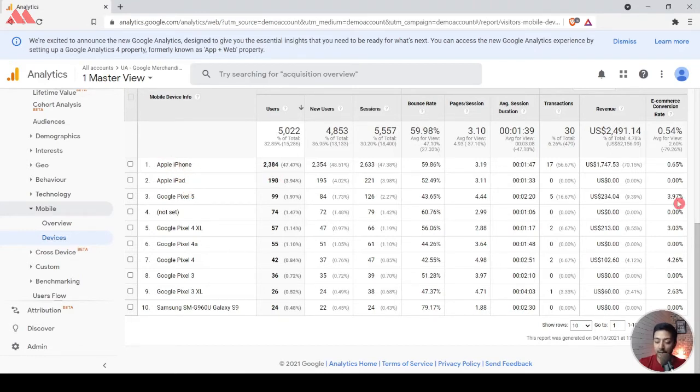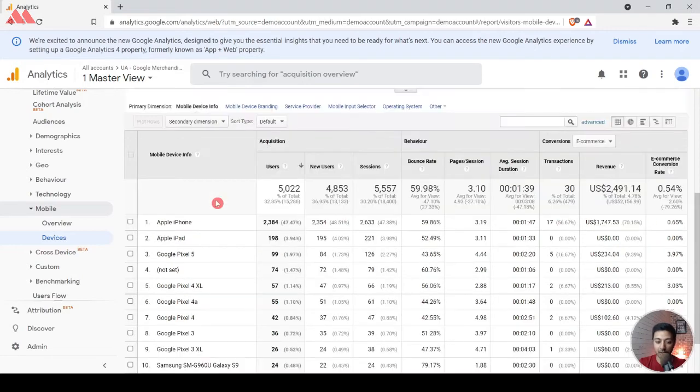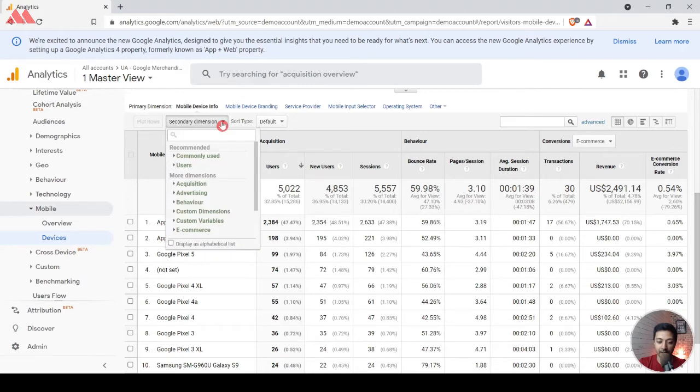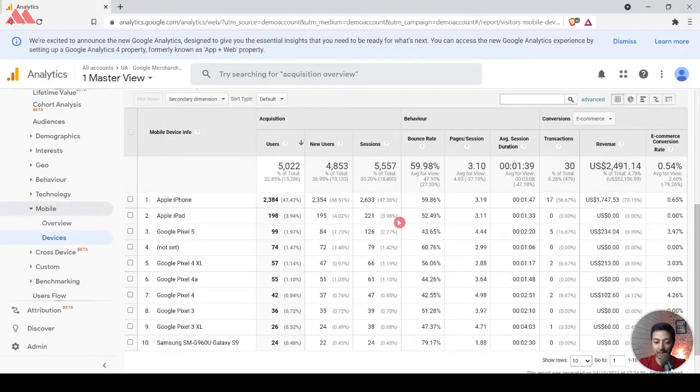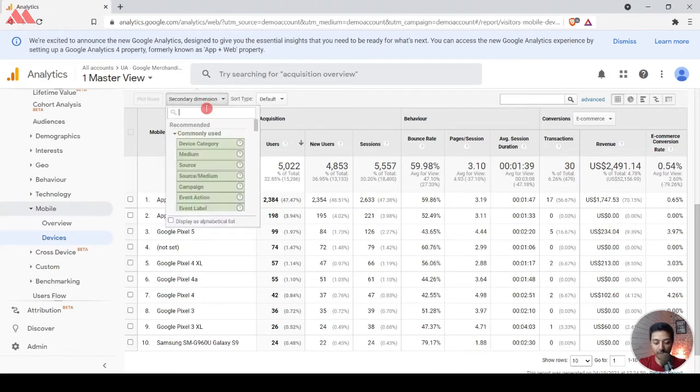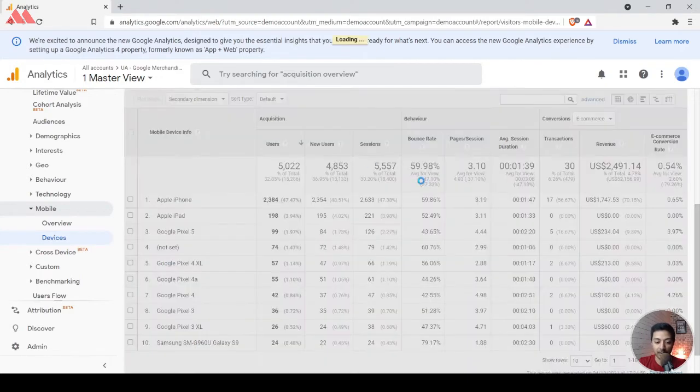So as a good analyst, you need to make sure to check why there is a huge difference between the conversion percentage of the two devices. In order to understand this better, we can go ahead and add a new metric here. Now, to understand this data a bit more closely, we need to add a secondary dimension. So maybe we can search for resolution, the screen resolution of the device that people are using. So let's go ahead and add that.